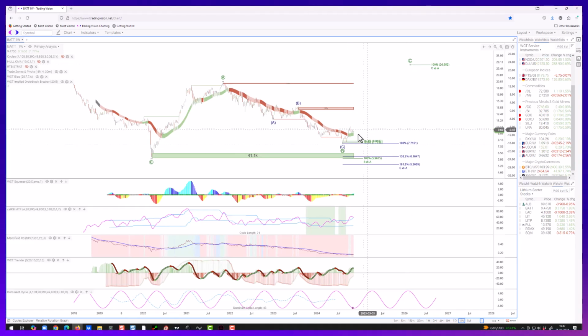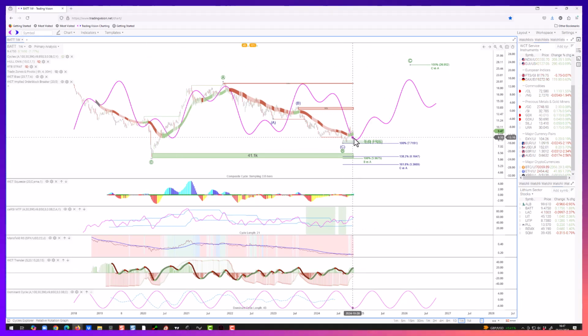So I'm looking for a pullback here. Again, you can see the CRSI on the weekly chart. It's about to give a sell signal, so now's not the time to get in. If I look at the weekly cycles, it's suggesting we're going to bottom out somewhere in December, and then we should be seeing a prolonged move up throughout the whole of next year into early 2026, with an interim peak in around April and an interim trough in around August time next year overall.